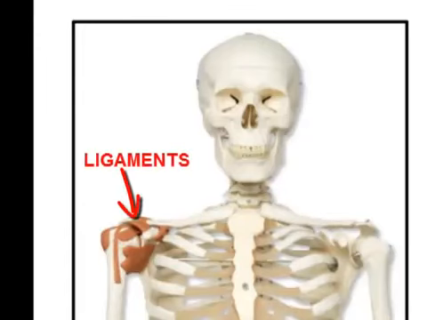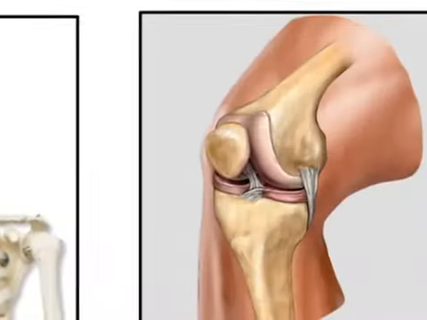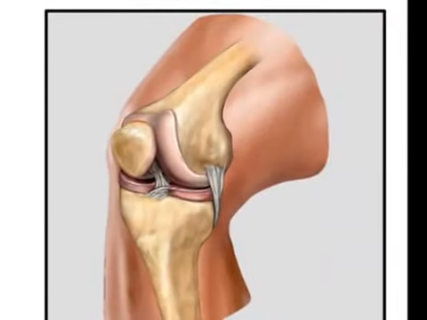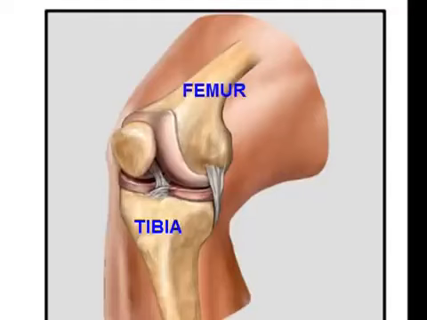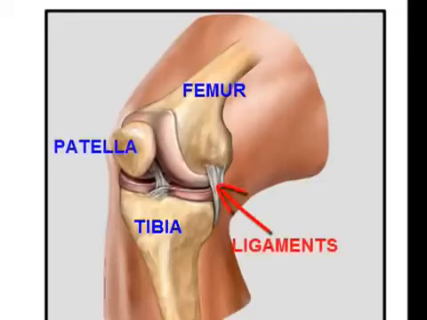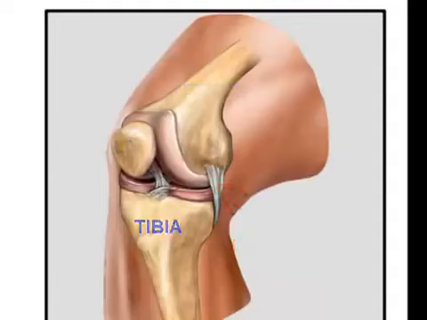And here they are. If you take a look at the picture to the right, we have a picture of the knee joint. So the top bone again is the femur. The bottom bone again is the tibia. The pink materials is cartilage that we talked about last night. And then that small bone in the front, the round bone, is your patella or your kneecap. Now your ligaments are the white tough bands that keep the bones together. Now if we didn't have ligaments inside of our bodies, our bones would be fairly loose and we wouldn't have very much